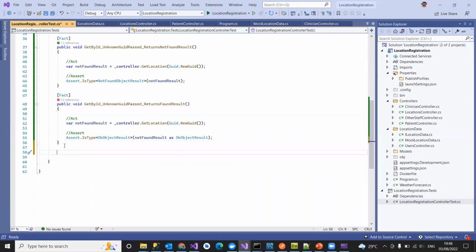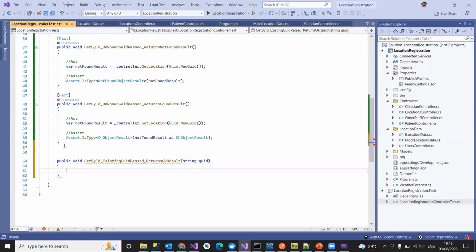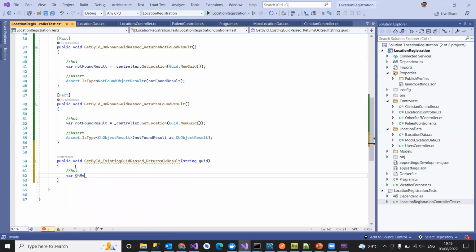I'm going to write another test case, public void GetById_ExistingGuidPassed_ReturnsOkResult. For this I'm going to declare one variable, and here as part of the action again I'll say okResult equal to